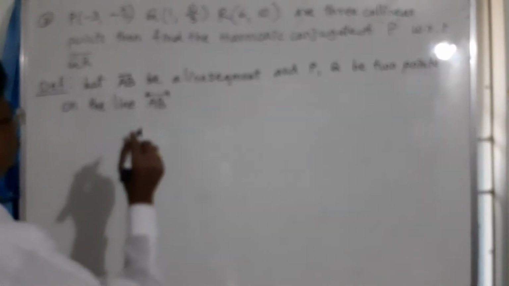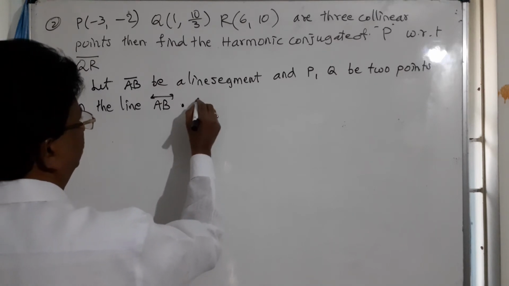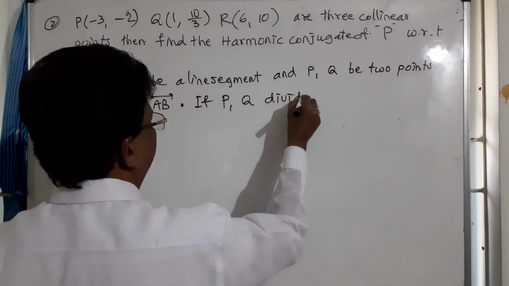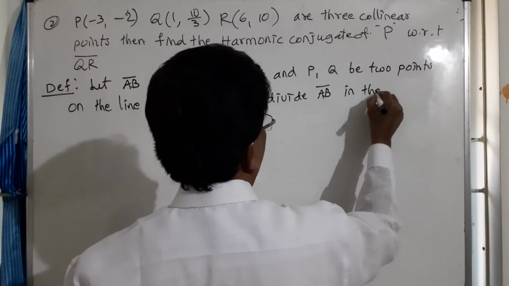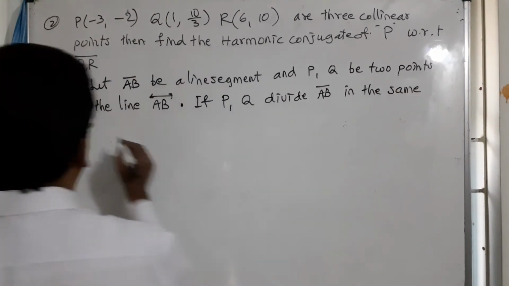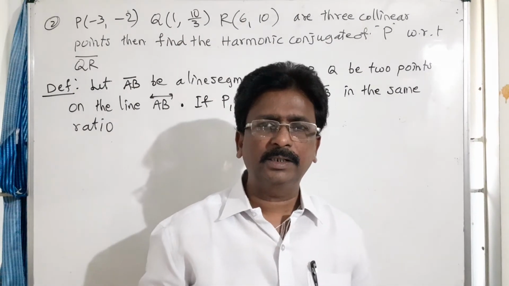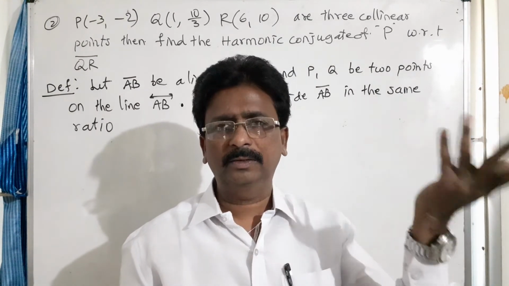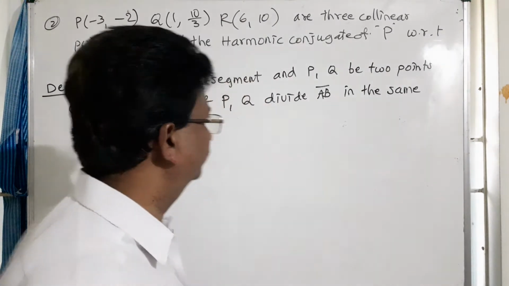Let P and Q be 2 points on the line AB. If P, Q divide AB in the same ratio, I am not mentioning the ratio value, not M is to N. In the same ratio, you have to think that either 2 is to 3 or 3 is to 4, any number. So dividing in the same ratio,